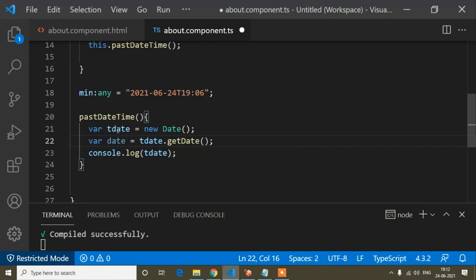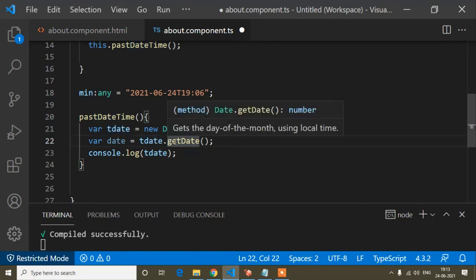In this tDate variable I'm getting today's date, time, everything, and I store that in the variable tDate. From this tDate I will extract only today's date. That's why tDate, and from this tDate I'm just extracting today's date. How will I get today's date?